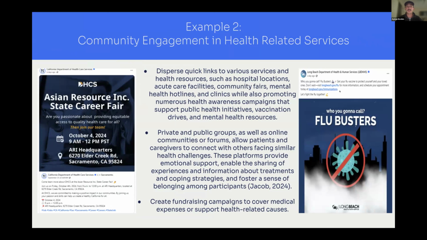I'm gonna do the second example, and I chose community engagement in health-related services. Through this, you're able to disperse quick links. As you can see in the picture to the right, Long Beach Department of Health and Human Services links a flu shot location to get your flu vaccine. So yeah, it's easy to